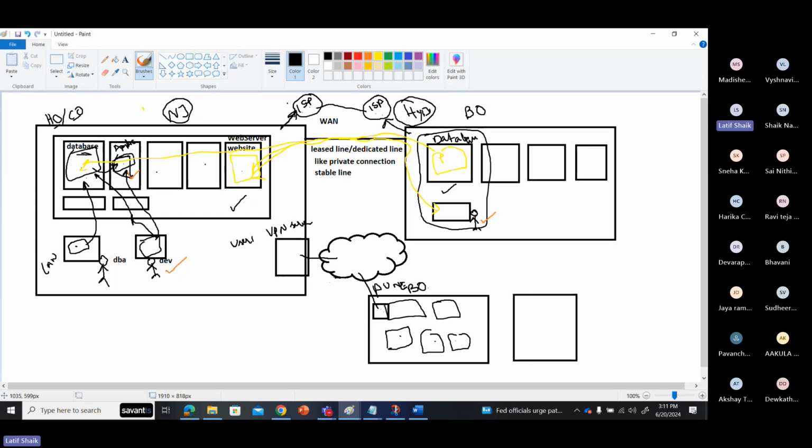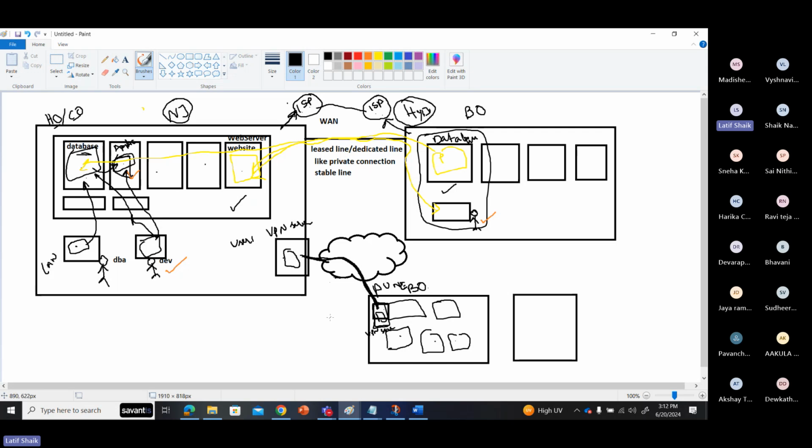Okay. So what they will do here is configure a VPN gateway in this setup. This is the VPN and this is the VPN server. All the configuration is given in this setup. Once the connectivity is established, it will create a virtual path, exactly a virtual tunnel inside your internet.